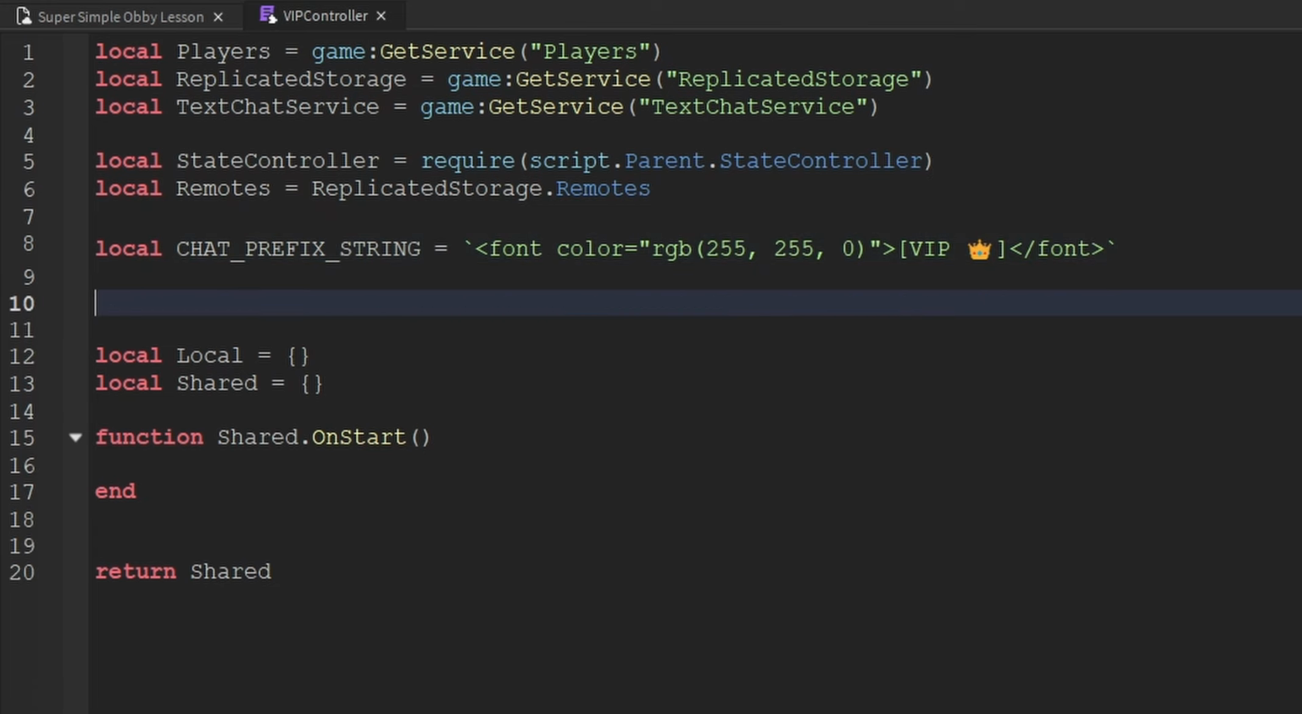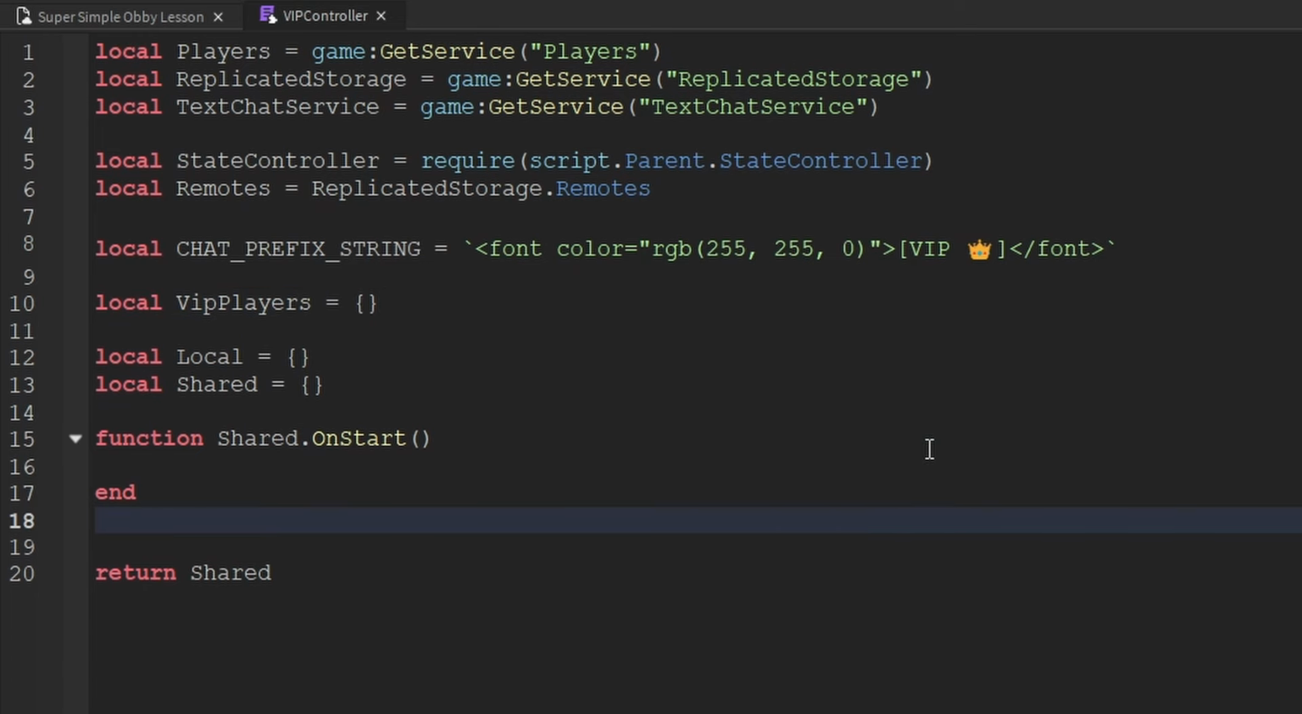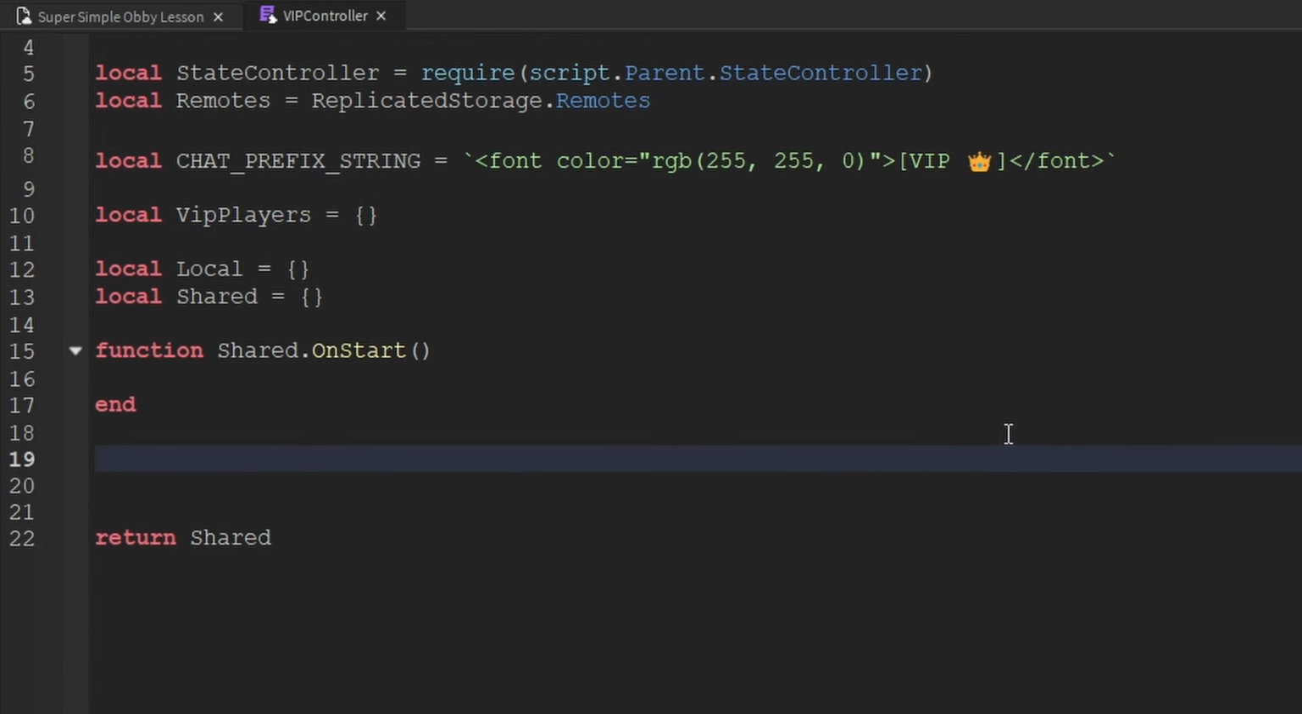And now below that variable, we're going to want to create another variable, which is going to be called VIP players, and it's going to be set to a blank table. With this variable, we're actually going to store all the players in our game who are VIPs inside of here. So now that we've created all of those variables, let's go ahead and start off by creating our first function,